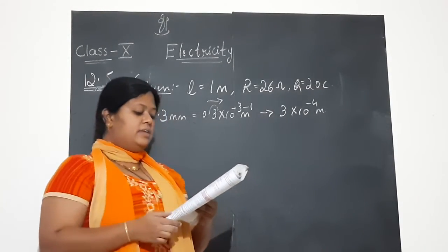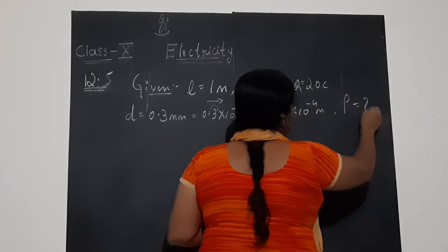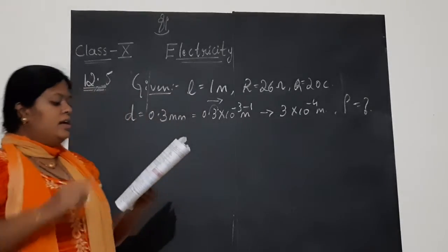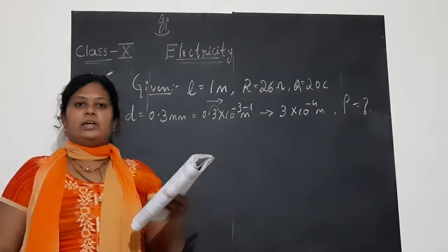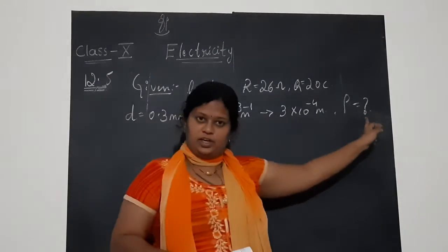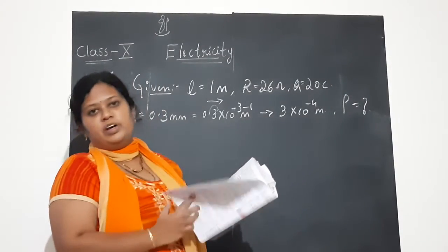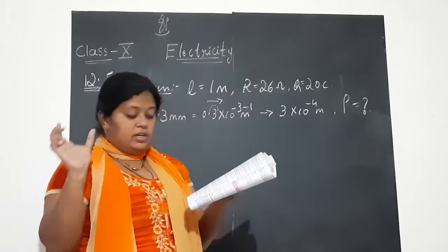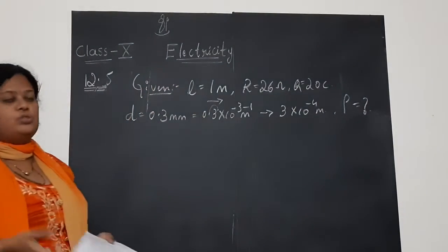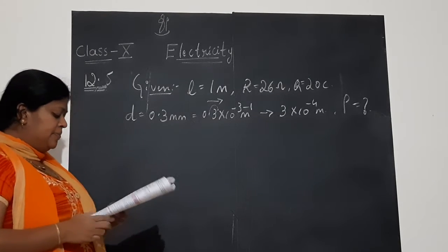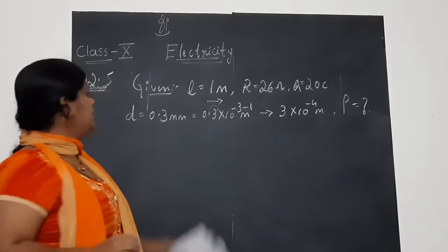What will be the resistivity of the metal at the temperature? Means resistivity, rho is the question mark. They have given, children, using table 12.2 predict the material of the wire. After you get the resistivity rho, as I told you in the previous page, in the table they have given resistivity of different materials. No? So you compare the resistivity there and predict which material the wire was made of. Fine.